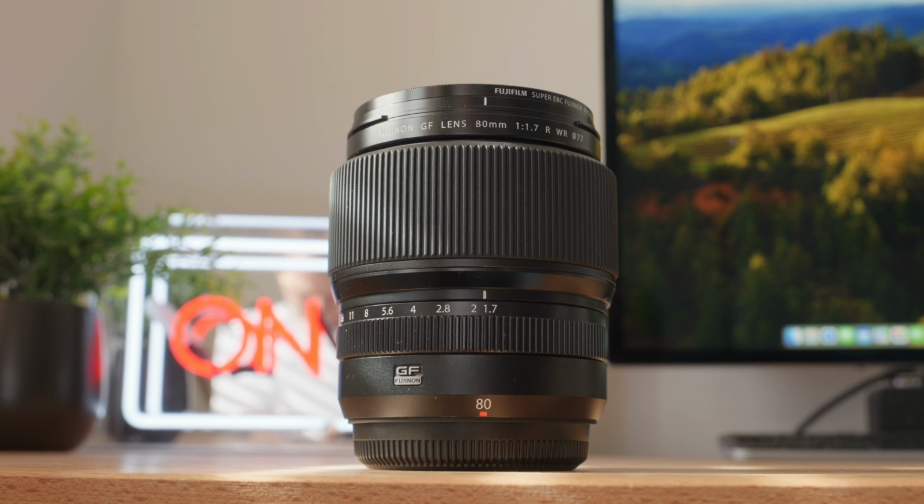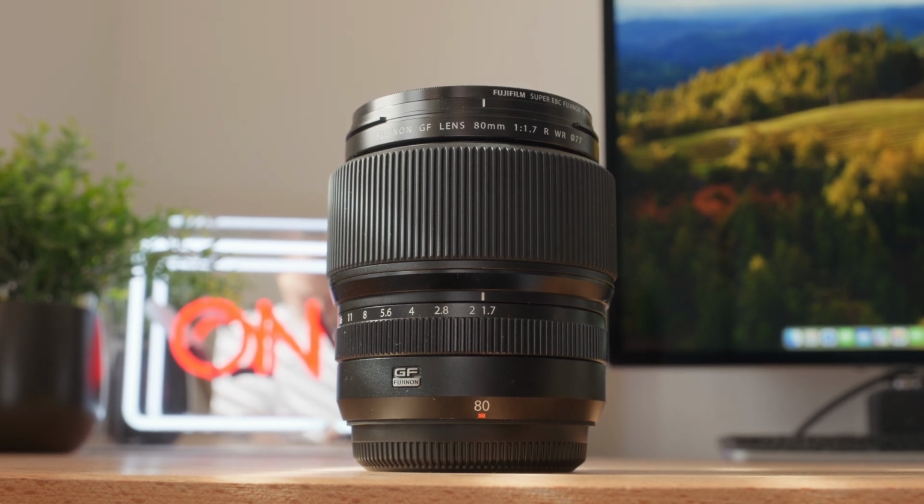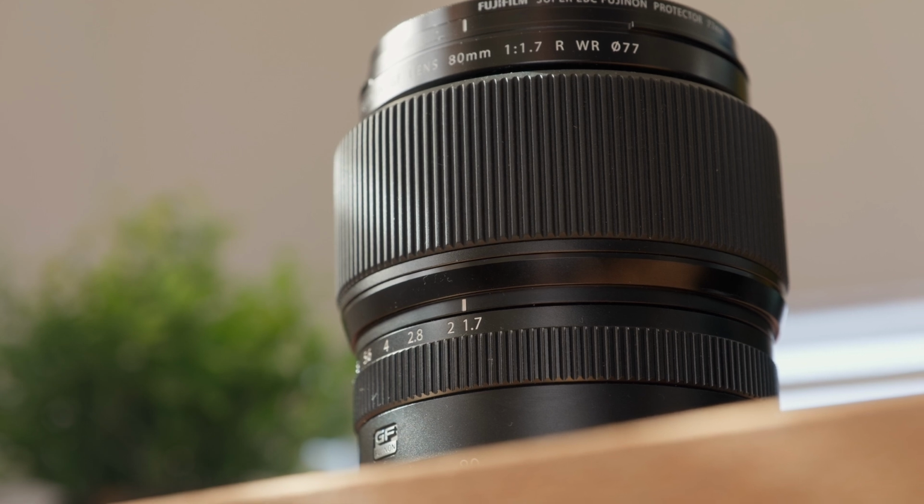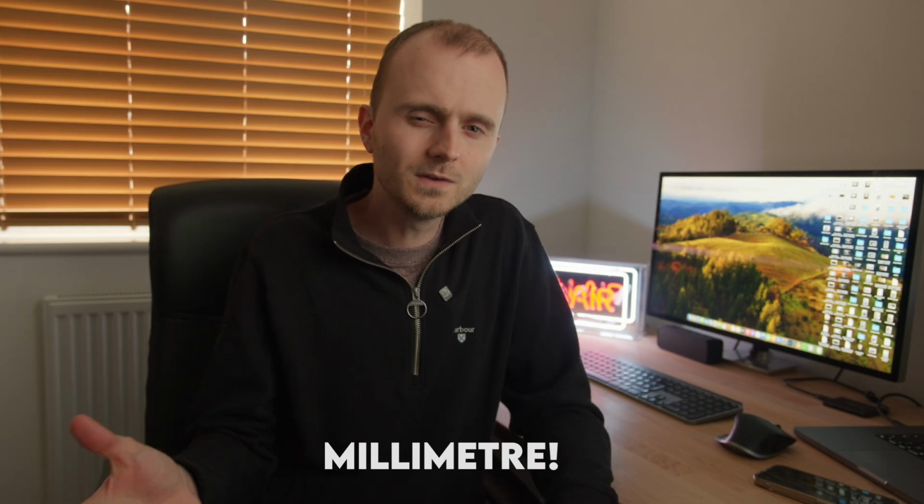So moving on to the lenses then, I had the 80mm f1.7, and this was the lens that I was super excited to try. It's got a super fast aperture with that medium format sensor. Combine them together, it feels like a match made in heaven, and it was something I was super excited to try. Now 80 megapixels ends up being like a 63mm full frame equivalent, and it did feel a little bit